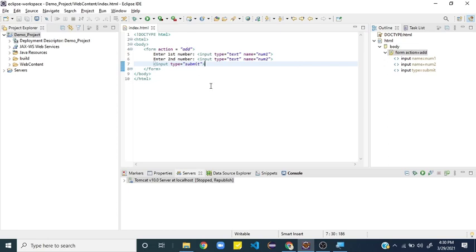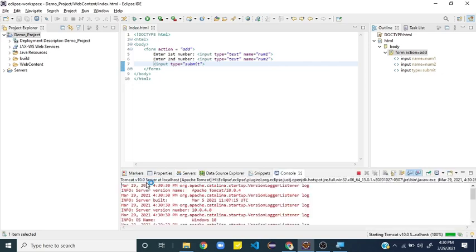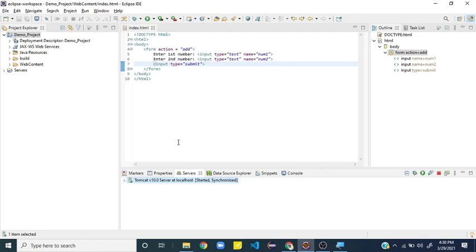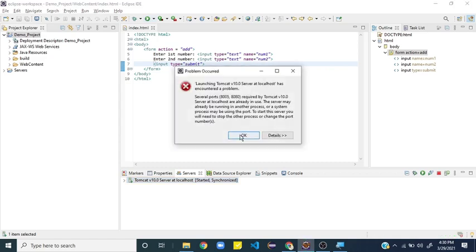Let's see whether it is working properly. Let me start this server, Apache Tomcat server. Now it's started. You can click this play button, or you can right click over here. Okay, some problem.